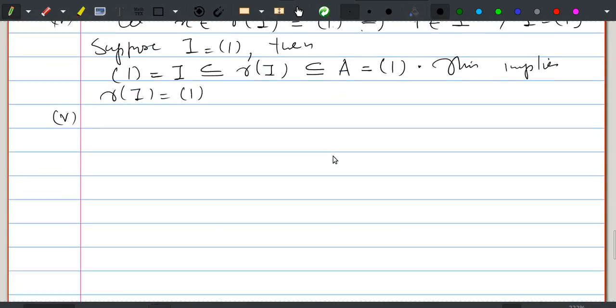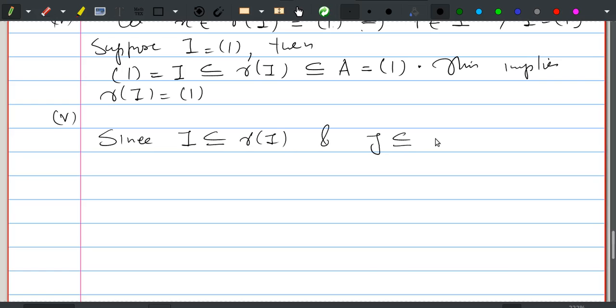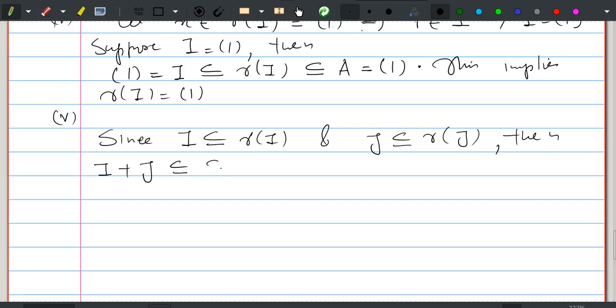So this is easy to prove. Since I is contained in radical of I and J is contained in radical of J, then I plus J is contained in radical of I plus radical of J. So this is trivial, and by item first, that